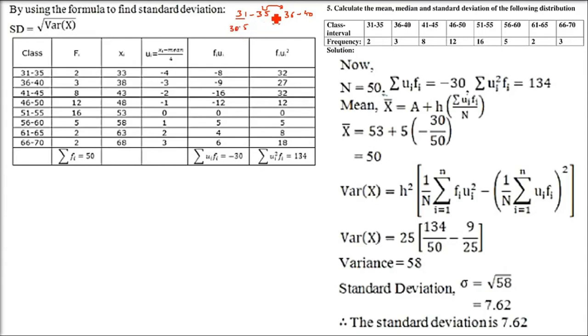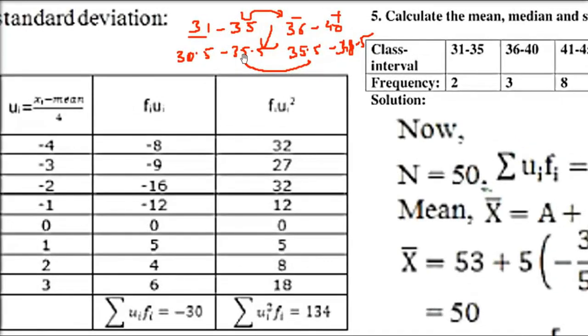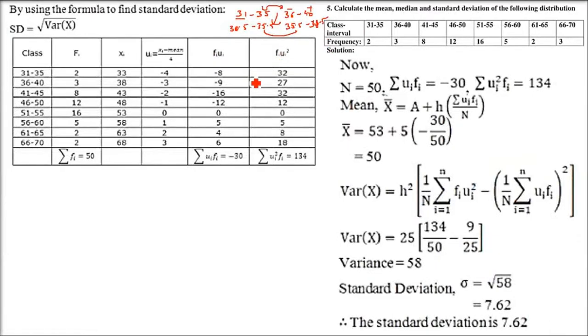Otherwise, what would we have done? We would have subtracted 0.5 from the lower limit and added 0.5 to the upper limit, and there would be no break then. But that is not the case here. We don't have to do this. As I said, class intervals are found by the inclusive method, so it won't change. There is no need to convert them into an exclusive series. As the question is saying, we don't have to change it.